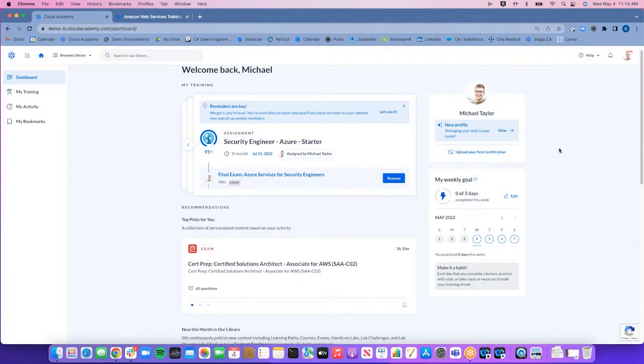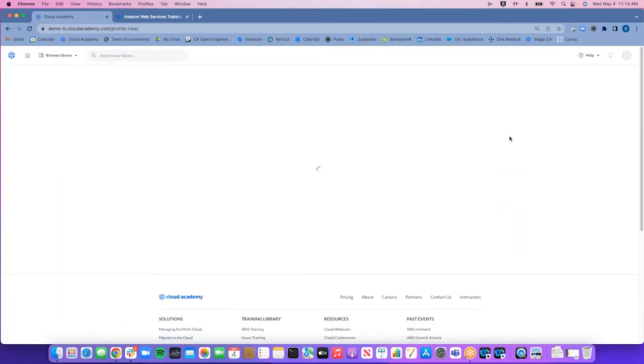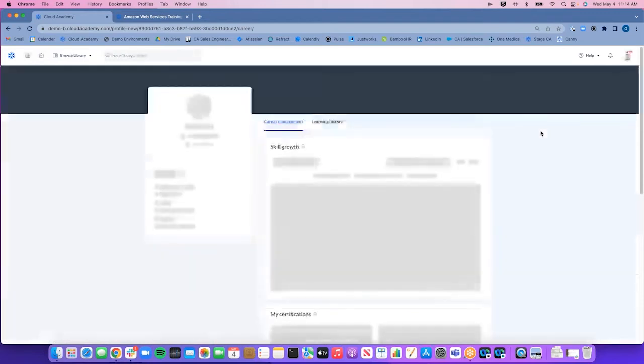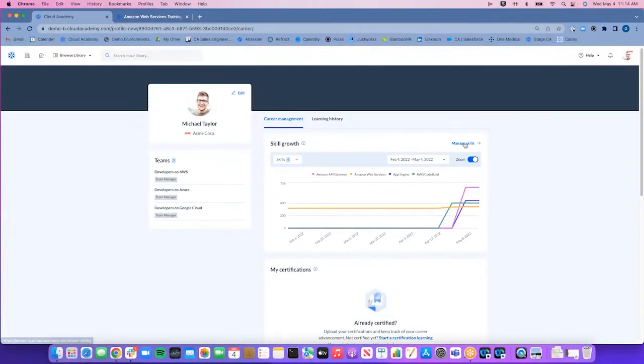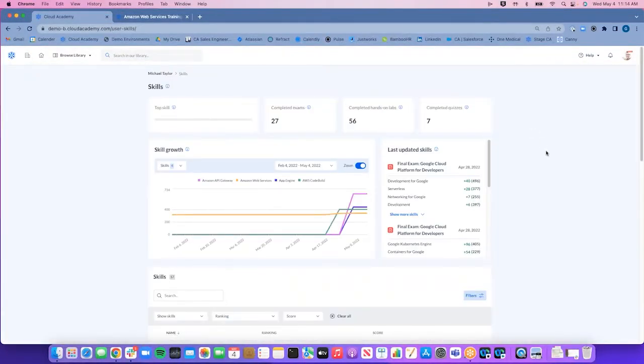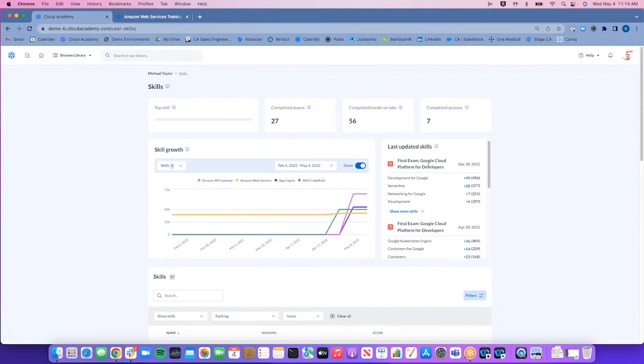I do want to take a moment and show you how exactly the end users can experience their skill profile. We'll go ahead and dive in. First, we'll be able to show what teams they are on, their overall skill growth rate, with the ability to tag up to 4 skills that are really valuable to them. We can go ahead and hit manage skills, and that's going to give you a very high level overview of all the skills you've interacted with, what you've completed, and what the last activities are that have affected your overall skill score,